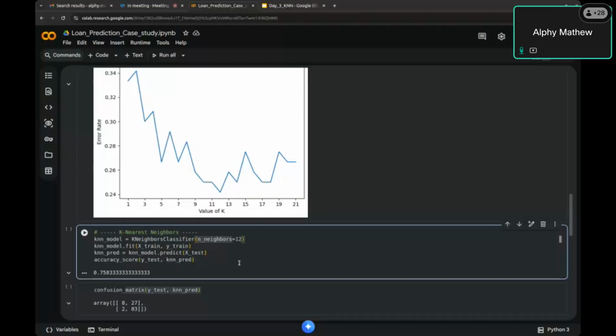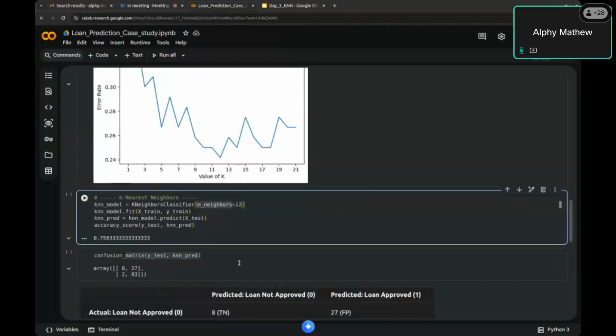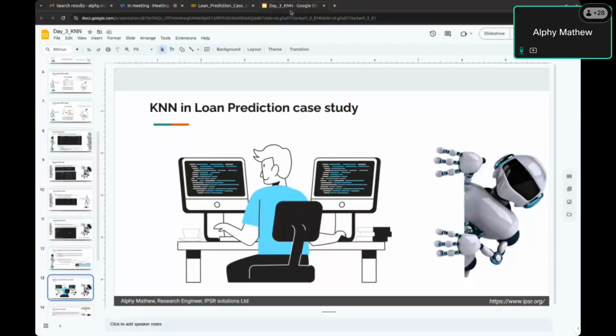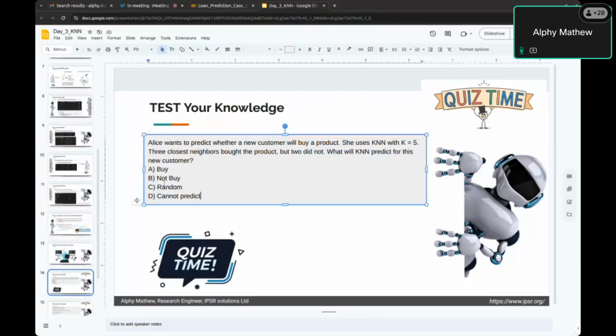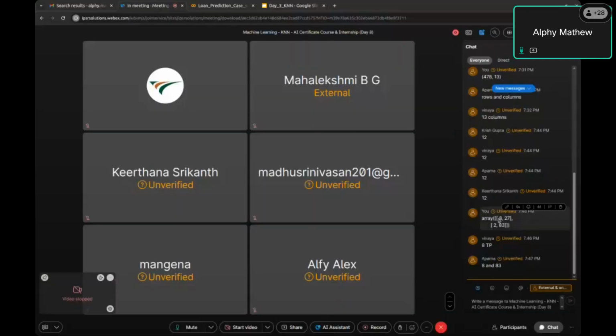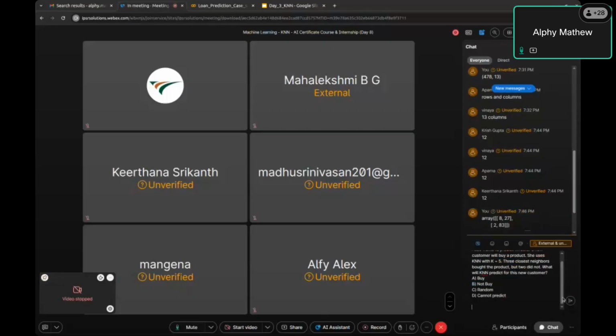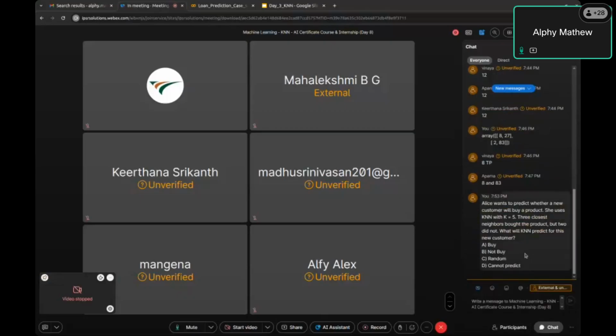so we are at this beginner level, so all the concepts in SVM and KNN are discussed up to today, and before we stop day 4, as usual we can have a quiz session. Okay, there are simple questions. I will copy paste the questions in the chat. Okay, this is a scenario. Read the scenario and put the option in the chat box. The scenario is